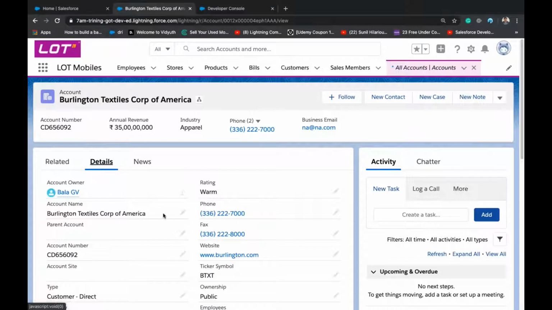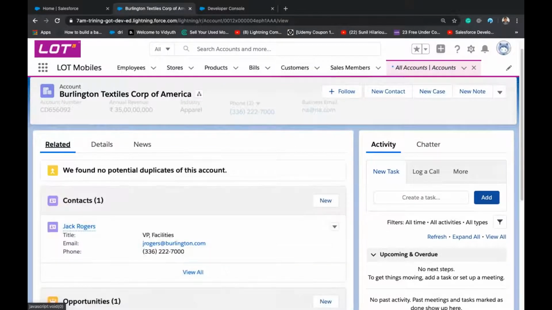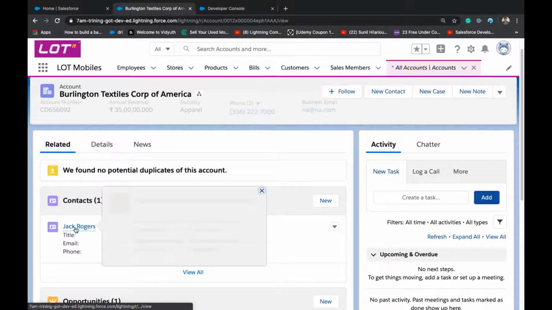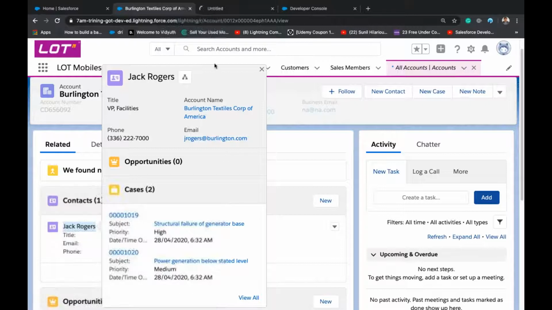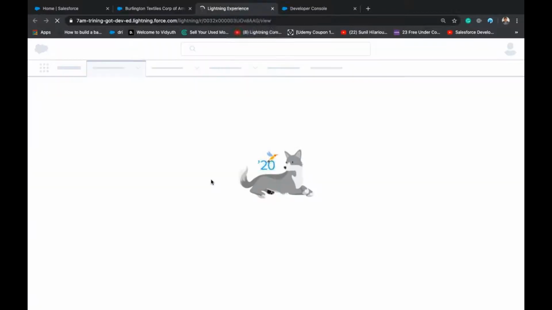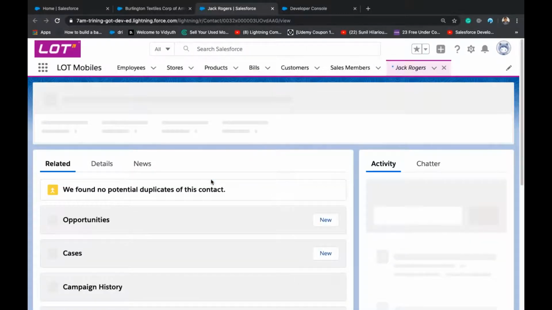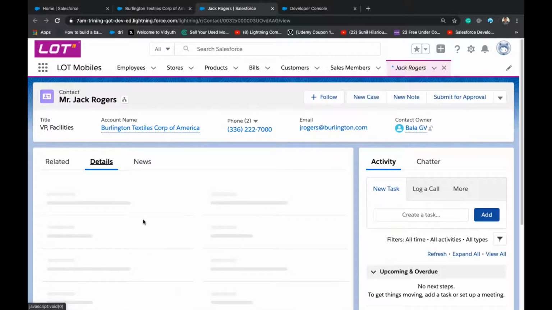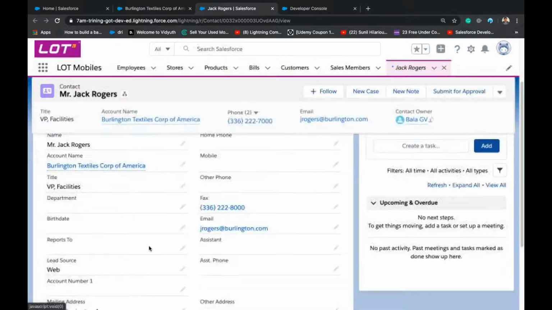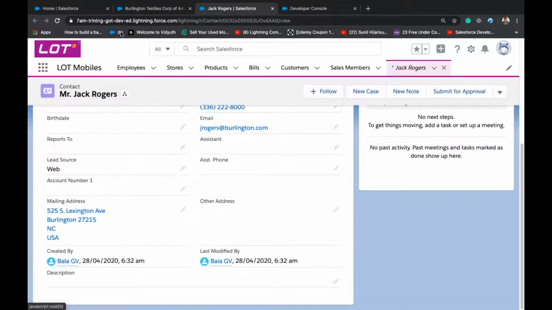So is there an account number? Yeah, account number is there. Let's check the contact. Only one contact. So we newly created an account number 1. There is no account number.